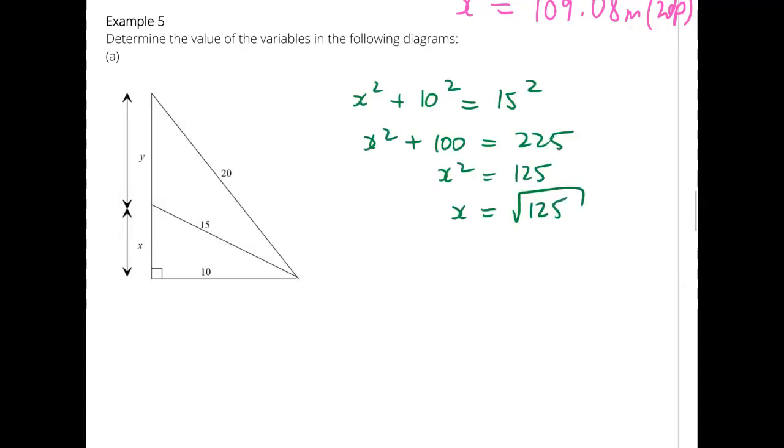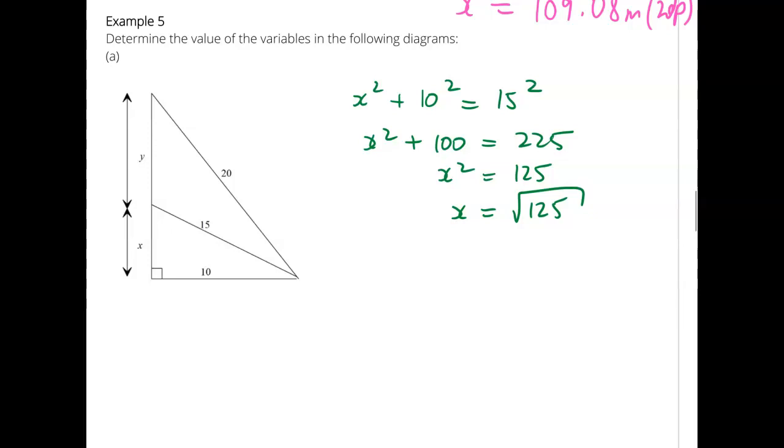When you are needing another side length to get a second side length, or what have you, always keep that answer exact, don't round it. So leave it as the square root of 125. It just gives you a more exact answer in the end. Although y is in this triangle, what's the problem with that triangle? It's not right angled, correct. So hence that 20 is actually not the hypotenuse of the